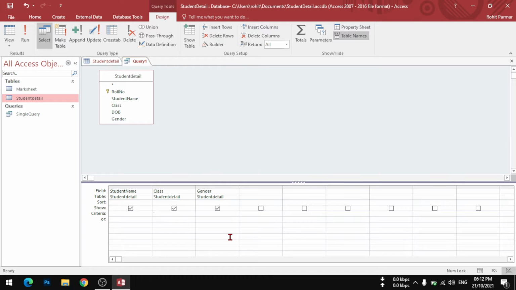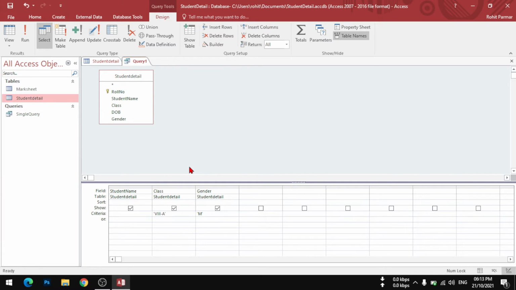So single quotation again, 8-A in single inverted commas. Then it should be a male student, so again with single quote, M, like this. So what we are doing here in AND criteria is that if both the criteria are met, only that time will the result be displayed. So it should be a student of 8A and it should be a male student; only that result will be visible in front of you.